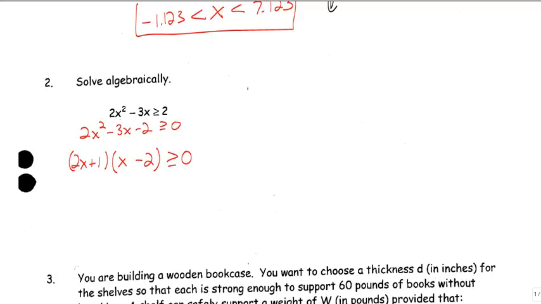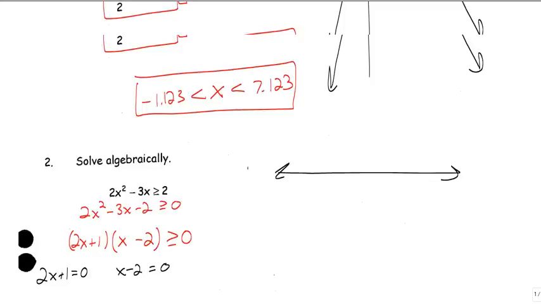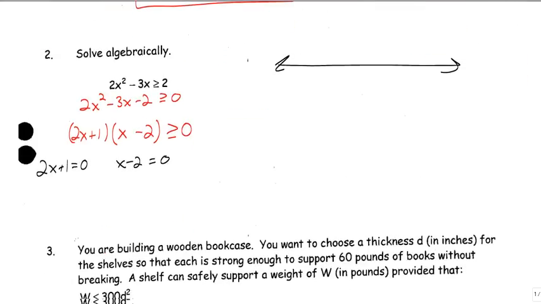So I have my number line, which I'm going to put here. My critical points, I have to get my critical points. I didn't do that yet. 2x plus 1 is equal to 0, and x minus 2 is equal to 0. Again, think about this in terms of the graph too. I'm basically finding where it hits 0. Just like up here in the graph, I was finding these two zeros, but we're doing it with algebra instead of the graph itself. So we get x is equal to negative 1/2, and here we get x is equal